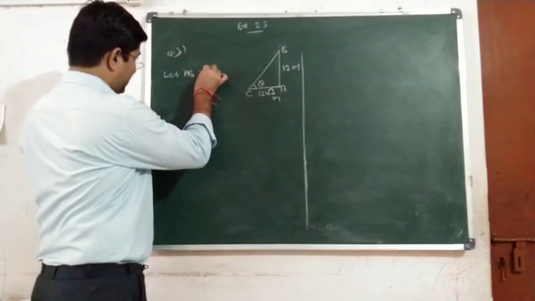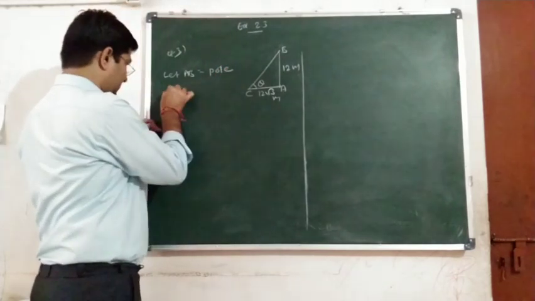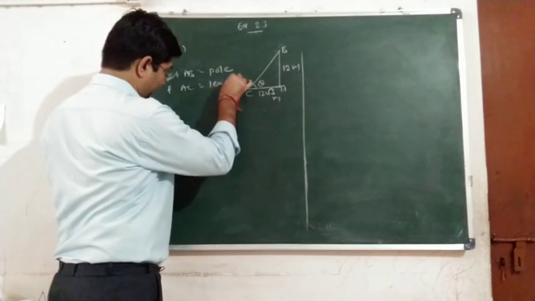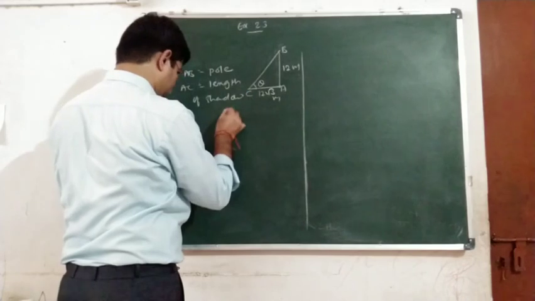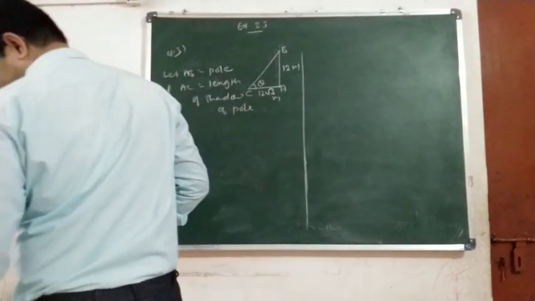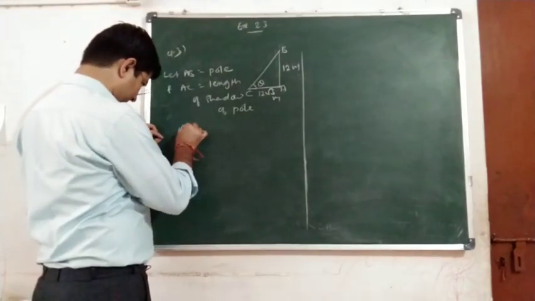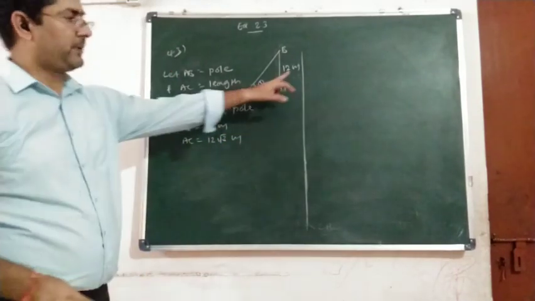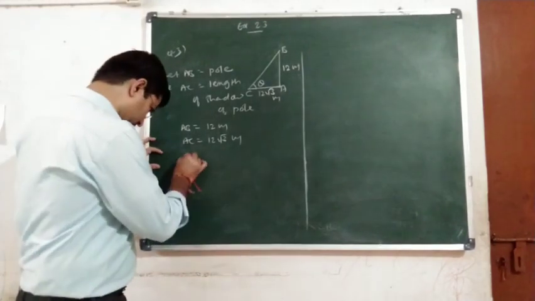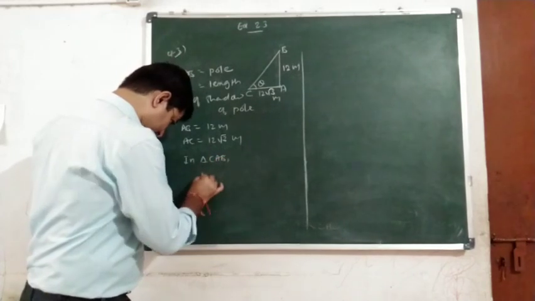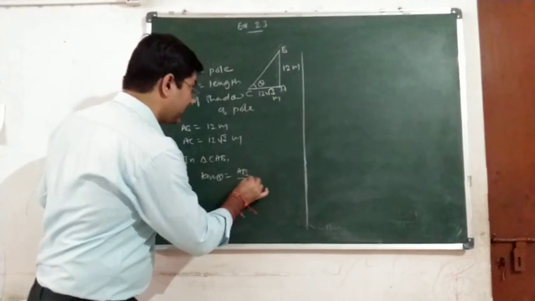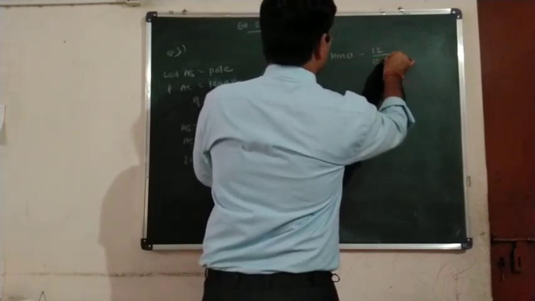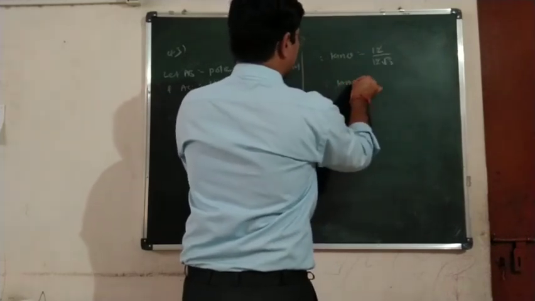Okay, let AB represent the pole, and AC is the length of the shadow of the pole. Lengths are given: AB is 12 meters and the length of the shadow is 12 root 3 meters. Obviously perpendicular and base both values are there, so again we will use the tan ratio in triangle CAB. Tan theta is equal to AB upon AC. Therefore tan theta is equal to 12 upon 12 root 3, and we will get tan theta is equal to